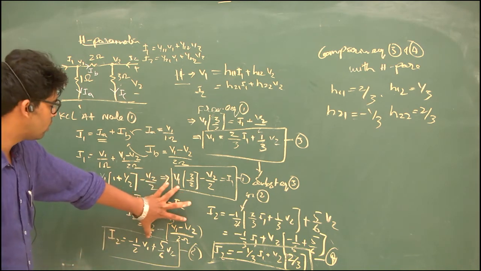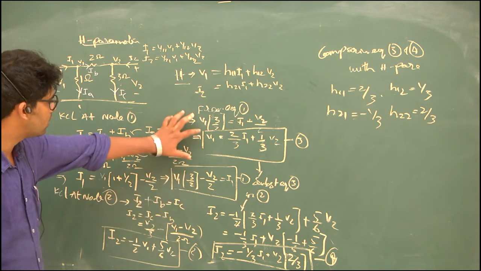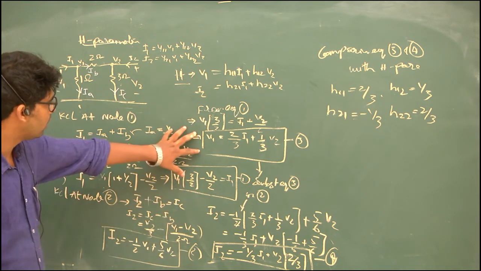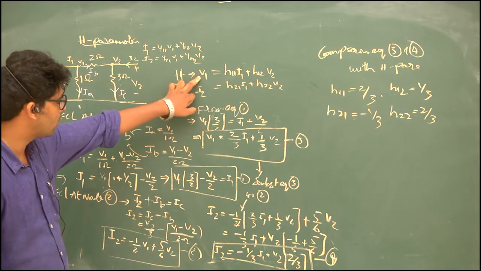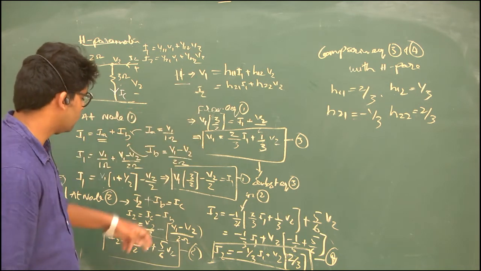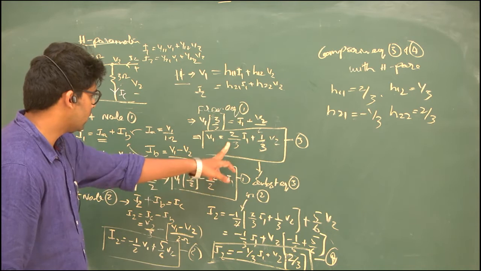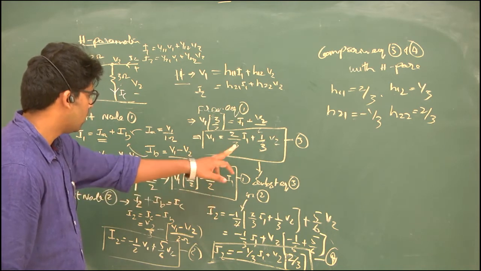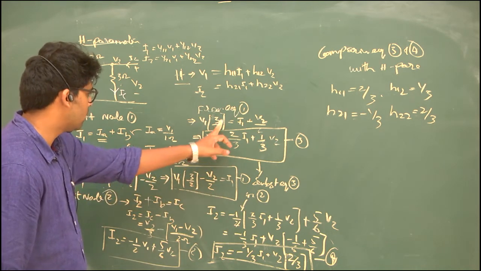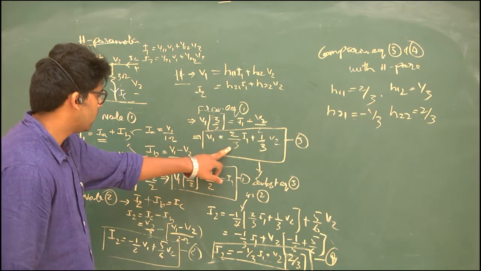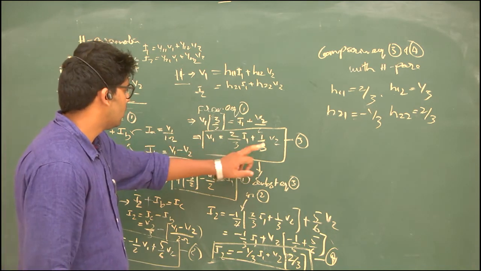Now we've got these two equations. Now we redraw this equation from equation 1. We are redrawing this equation to get equation 1, that is V1 equal to, I am sending this I1 plus V2 by 2. I send this 2 by 3 that side, this 2 by 3 became, and this is 1 by 3, is also fine.